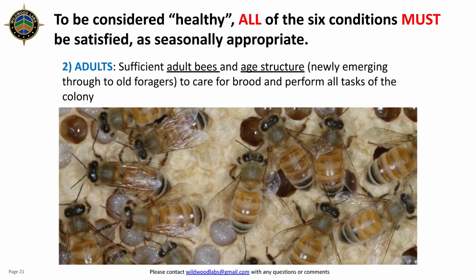The second condition listed on the HCC form is the condition of the adult bees. For a colony to be healthy, it must have an abundance of adult bees that span the range of very young bees to old foragers. This age range of adult bees is referred to as a balanced age structure and ensures that there are enough bees of the right age to care for brood and perform all tasks required to optimize the performance and health